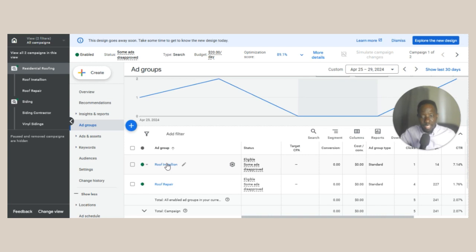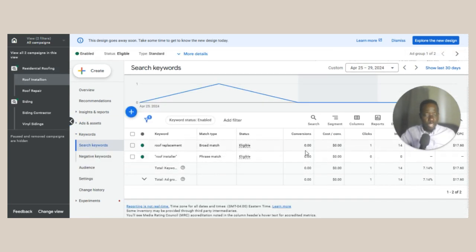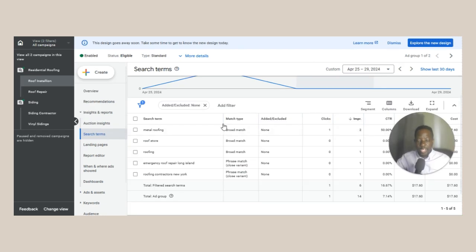And I'll be clicking one of the ad groups, and in the ad groups I could see I have two keywords in here, right? And what I'll be doing is to go into the search terms. So in these search terms, I'll be able to remove the irrelevant keywords from the ones that are more relevant to my campaign. So just looking at these search terms, I'll be able to click one of the search terms